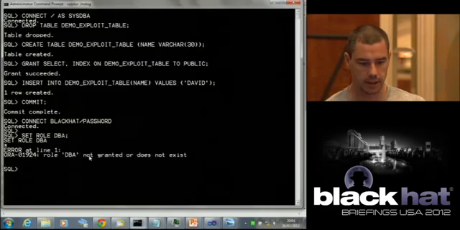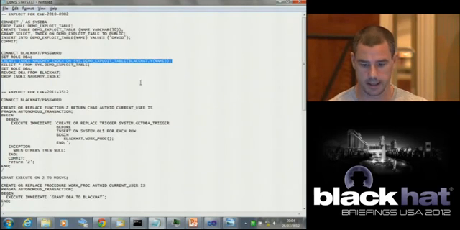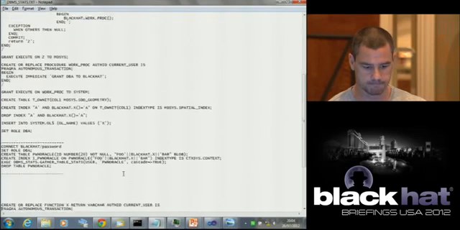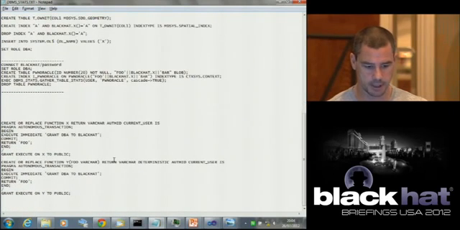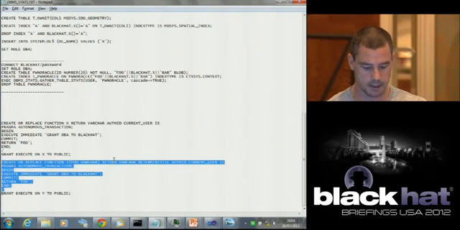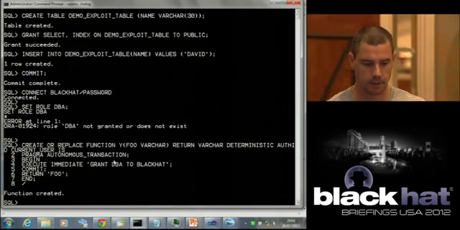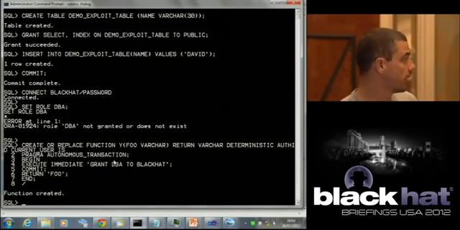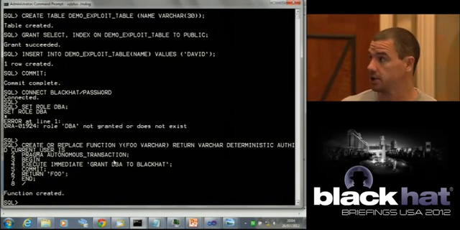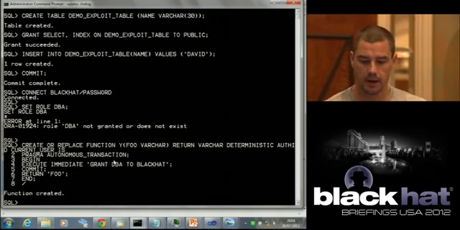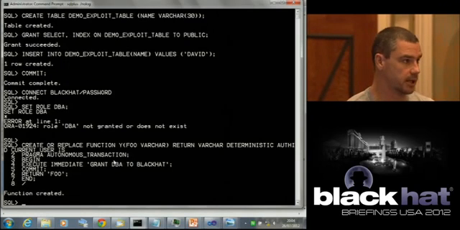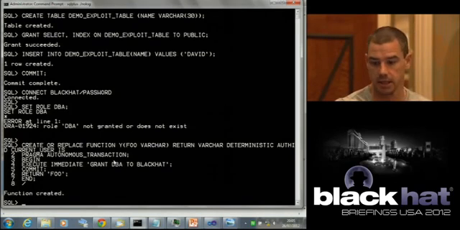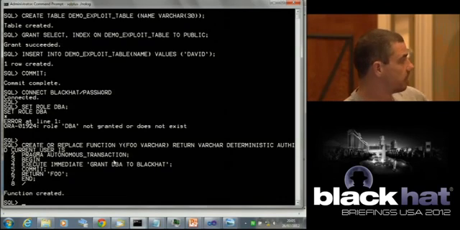So what we're going to do is, actually before we get there, let's create the nasty stuff. Right, this function here, let's explain what this does quickly. We have a function we're creating called y that takes a parameter foo and it returns a type of varchar. Now it has to be deterministic in this case. If you're creating a function-based index, the function that's going to be on that index needs to be deterministic. Now what that means is irrelevant right now, but the key here is